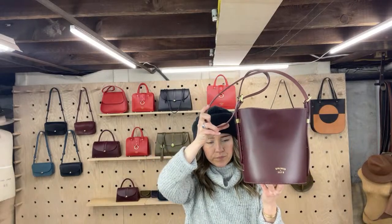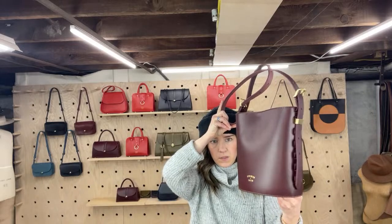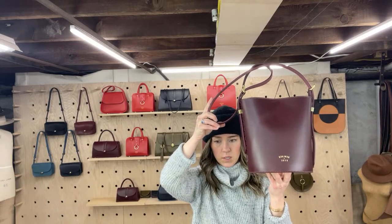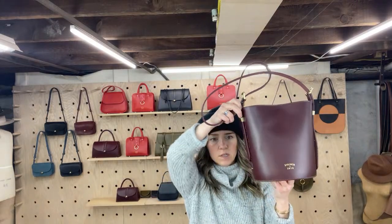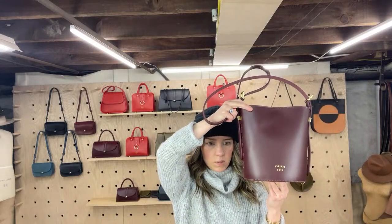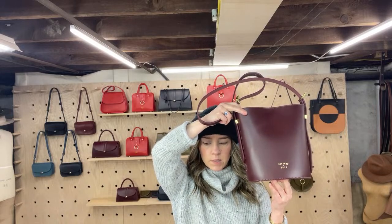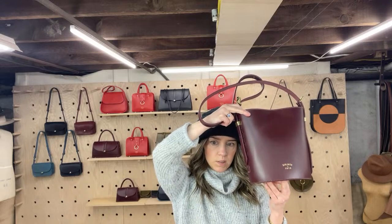Okay. First things first. This is her in burgundy. She's a little bit taller than the mini Shelby originally was, and that is because I wanted to make sure we could accommodate our Sally wallet, because I know a lot of you who have the mini Shelby